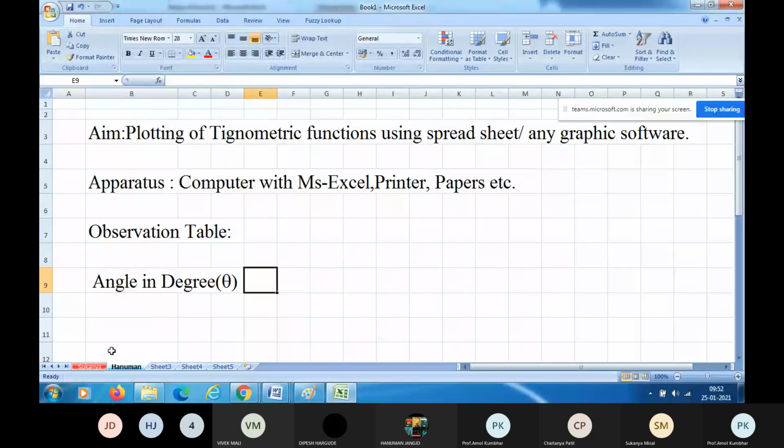In the second column, let us convert that angle in degrees into radians, right? What is the relation between degree and radian? Anyone? What is the conversion relation between degree and radian? We are going to find radian.